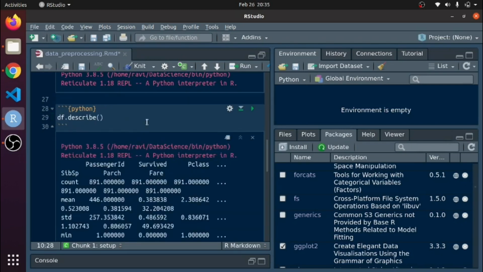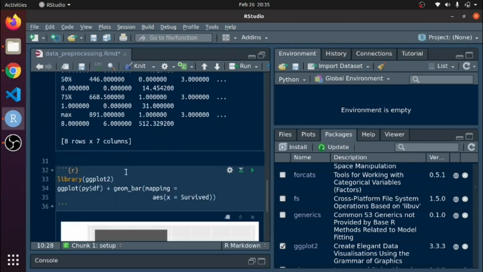If you observe here, this is a file, data preprocessing.Rmd, and I am using both languages, R and Python. This is a Python command. Now I am using an R command.